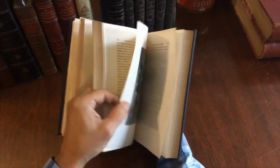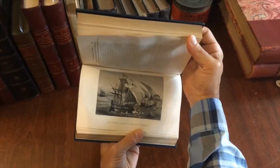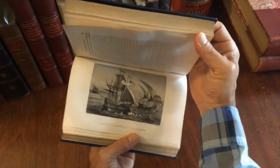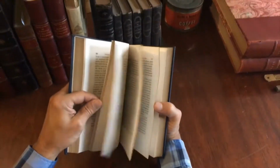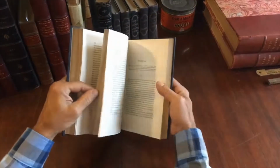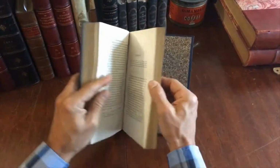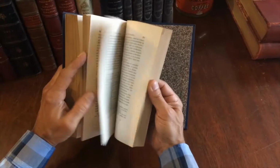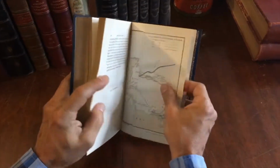Here we just have right there is another engraving of his ships, the ships of Columbus, the galleons there, it looks like, or tall-mast sailing ships of this 15th century era as he heads out across the Atlantic and stumbles onto land